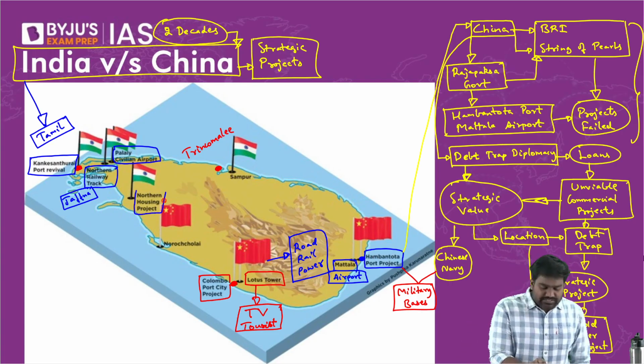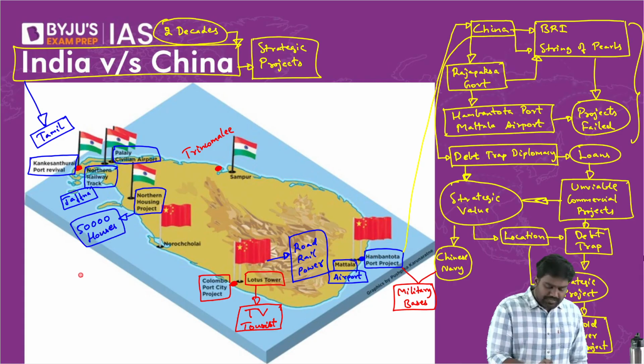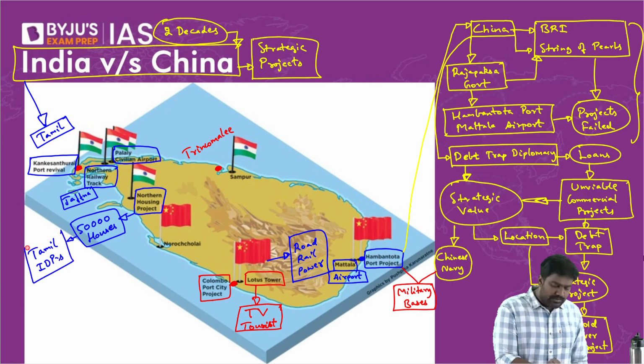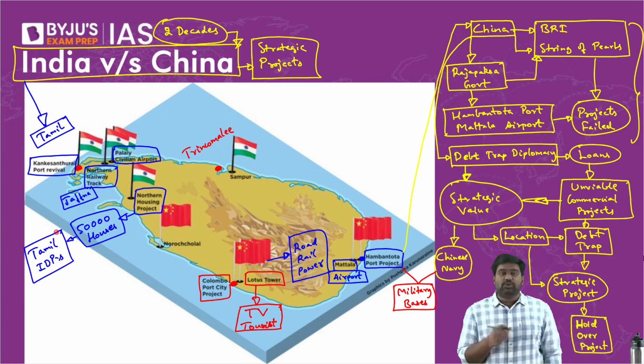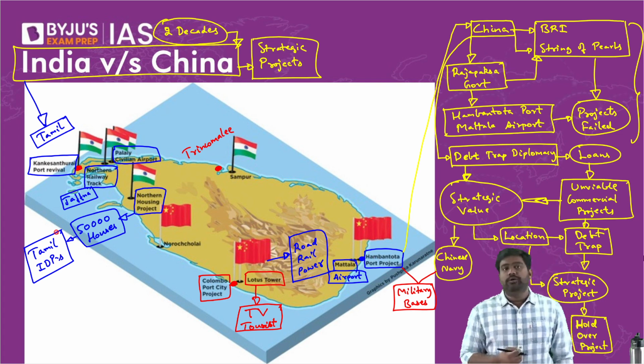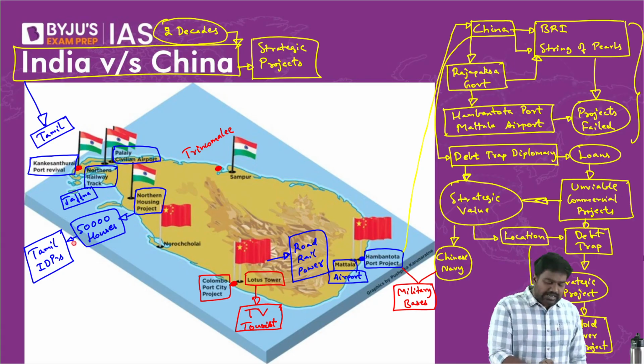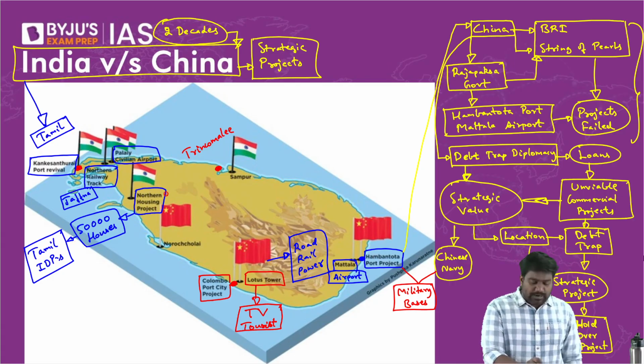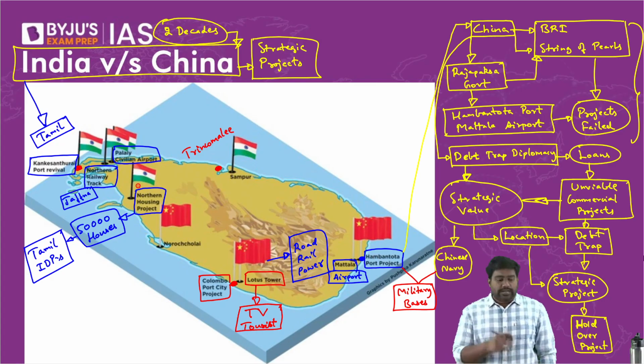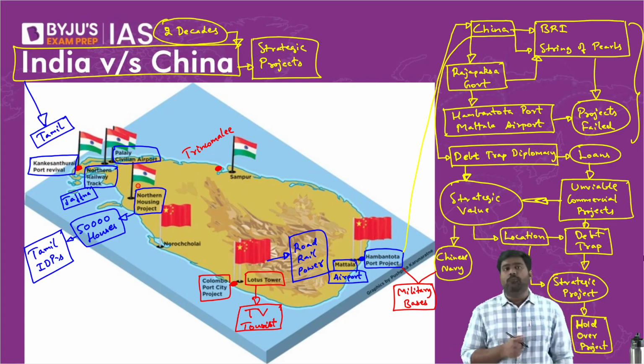Next, we took up the Northern Housing Project to build 50,000 houses. 50,000 houses have been built by India for Tamil IDPs, internally displaced people. Those Tamils who are displaced by the conflict, who lost their homes, their livelihood, right? To rehabilitate them, to bring normalcy back to their lives. India has built more than 50,000 houses as part of the Northern Housing Project. All right, these were the earlier projects we had taken up many years ago.